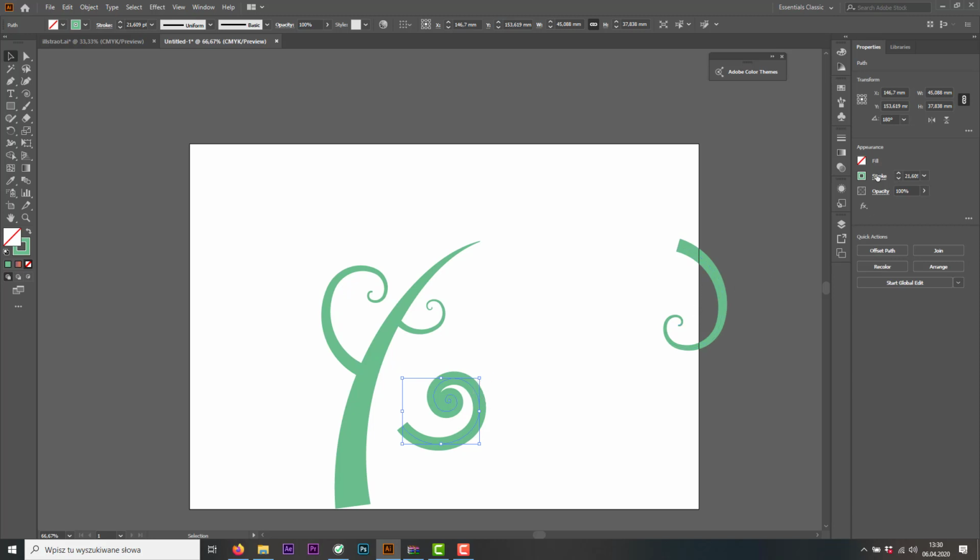Well, actually the stroke at this point is different than in here. And why is it happening? Well, let me show you. So if I click in here, you can see the variable width profile that I've just created using the width tool on this, let's call it leaf. And if I click in here,